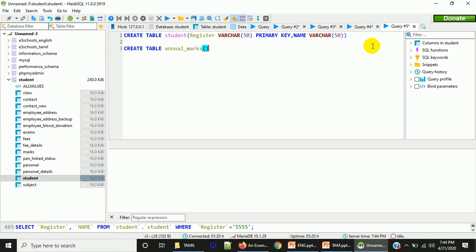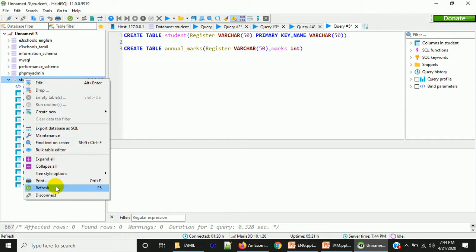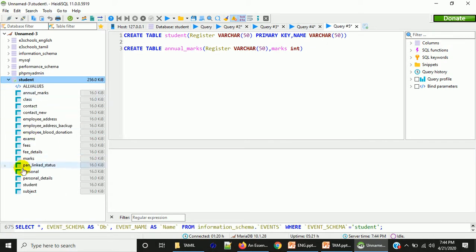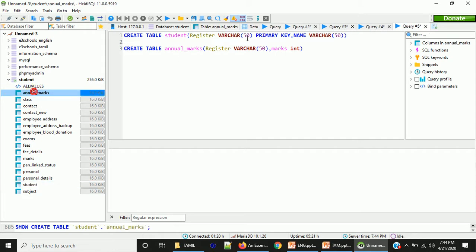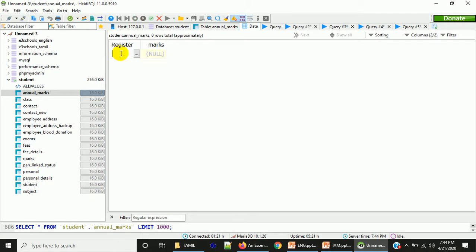Annual marks, which means the year-end examination marks. Register. Obviously this register column will again act as primary key in this table also. In addition to acting as primary key, this register column must act as foreign key to this table also. So first we will create this table first. Student and annual marks. Right, now I'm going to enter marks of all those 5 students, 1111,